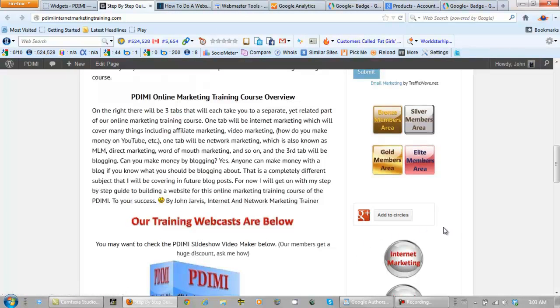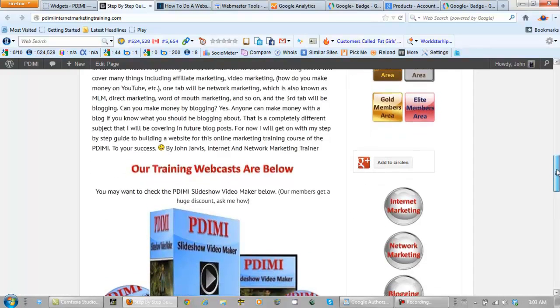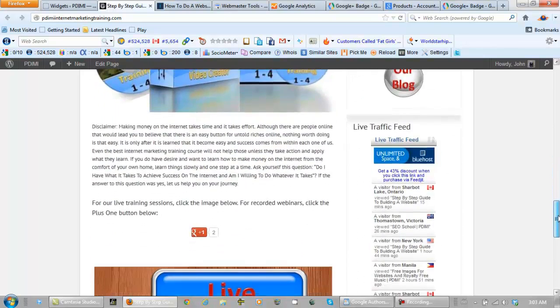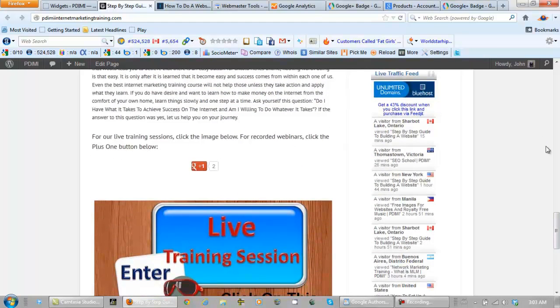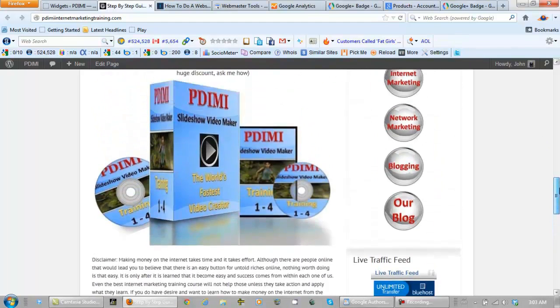That's better. Could be a little bit wider, but that'll do. Anyway, as long as the badge is there, that's Google's way of double confirming that you are actually the owner of this